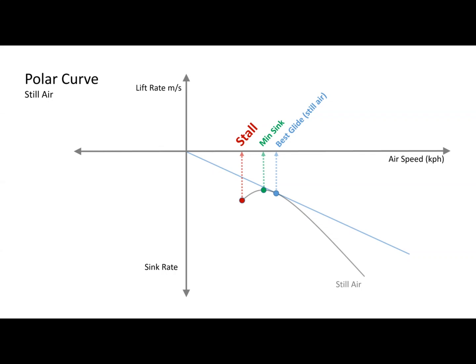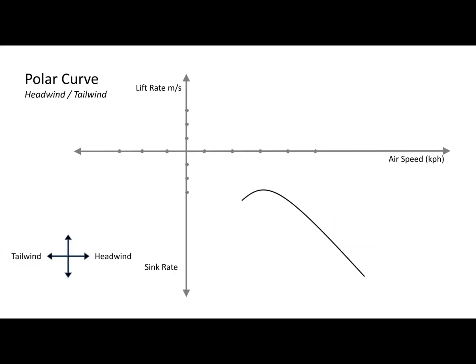This is the one you're really interested in using. My best glide. I want to find what's my best glide. It's my best glide in still air. And you could go up there and this could say, let's say 36 kilometers an hour. I go, fine. In still air, I'm going to fly 36 kilometers an hour because that can give me the best glide. I can get the furthest. What if there's a tailwind or a headwind, or you're in sink or lift? What do you do then? Do you still fly at 36 kilometers an hour? Well,